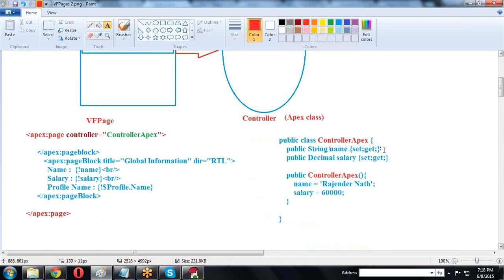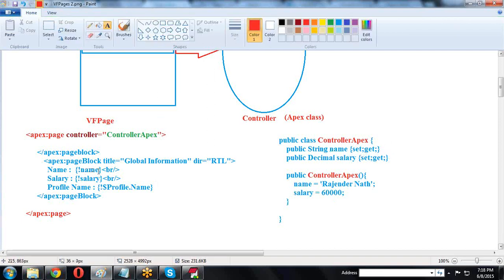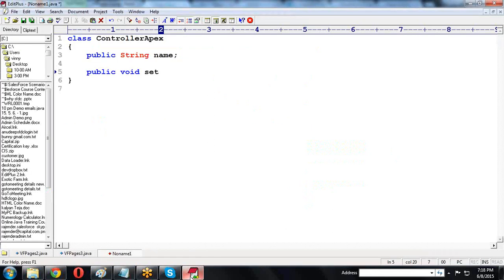By using the setter method we are storing the data, and wherever it is required, by calling the getter method we are retrieving this data. So by using the setter method we are storing, and by using the getter method we are retrieving the data here.